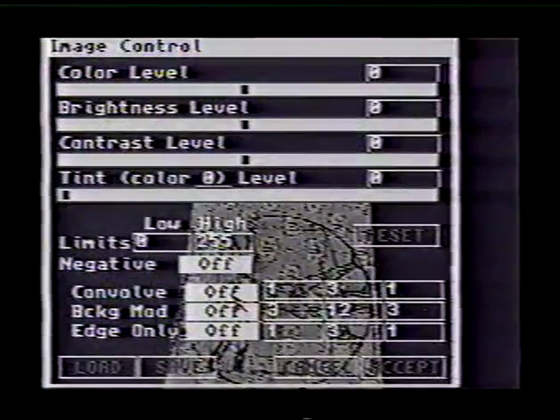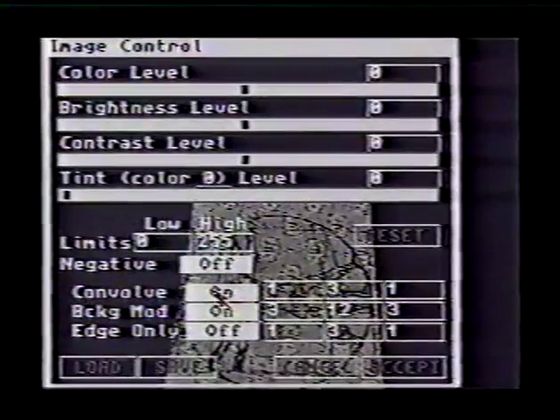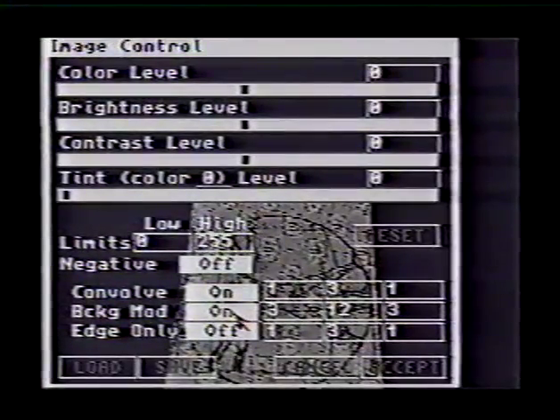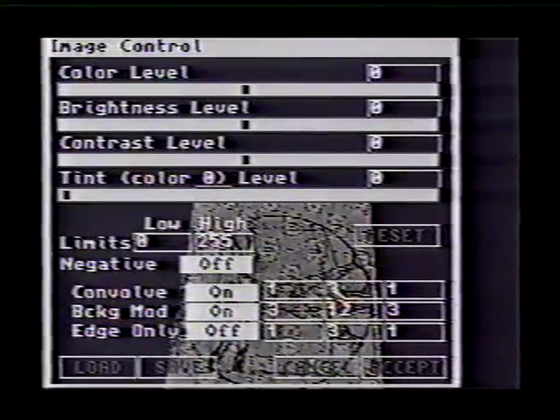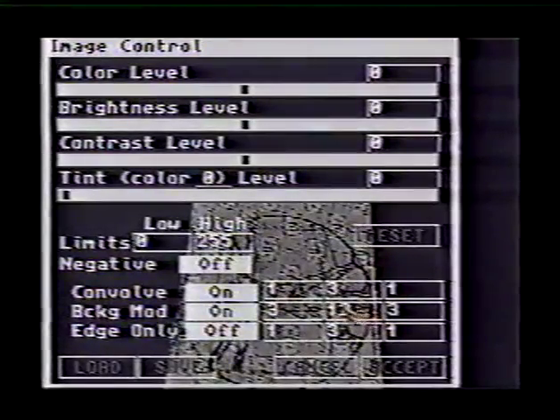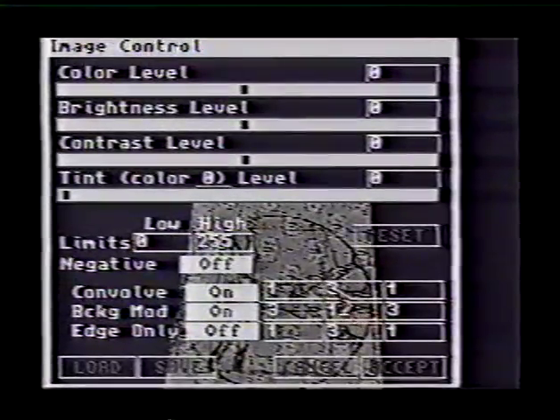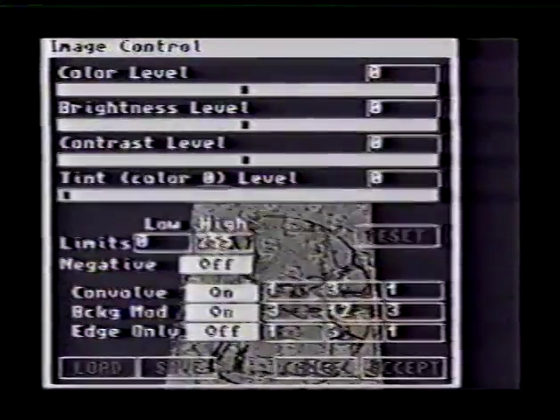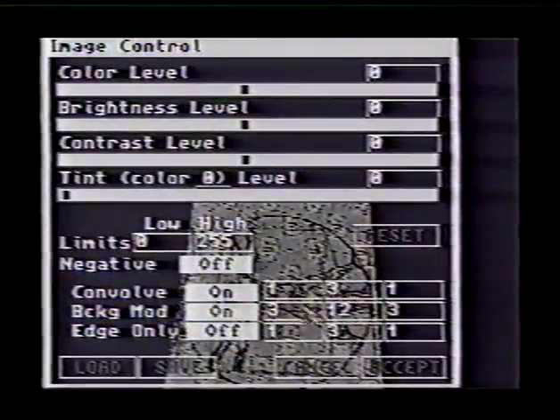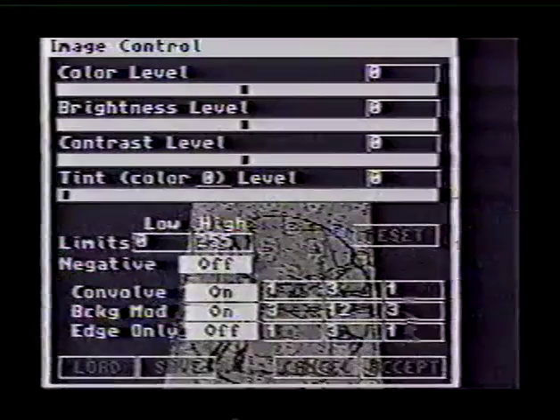I could, if I wanted to, go ahead and turn on the convolve, like so. The convolve turned on in the background modification means that everything in the image will be convolved. And this is a simple tint filter that I've set up. If you can imagine that this were the pixel we were going to paint on the screen, these are the surrounding pixels. This is the relative strength that I'm going to add to this pixel from the surrounding ones. So I'll use 12 times the original one, plus 3 times these ones, plus 1 times these ones, and then divide it by the total here,